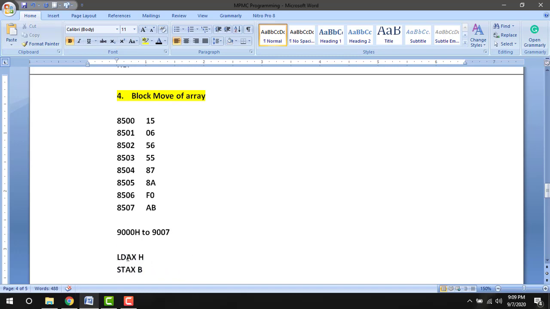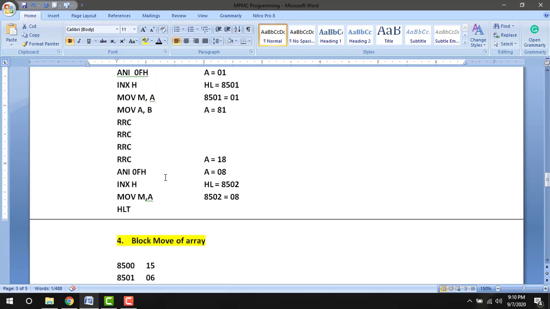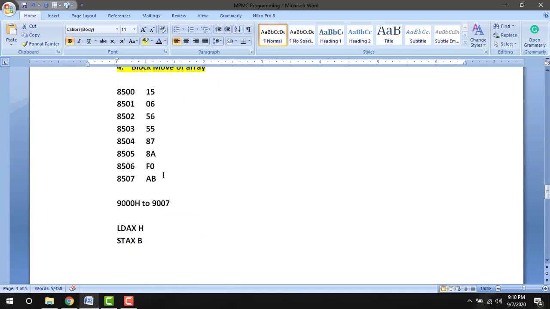So load the data from the memory location stored in HL pair. So store the data available in the accumulator to the location in BC pair. So we are going to initialize two memory locations like this. One is for the source data, another one is the destination data.